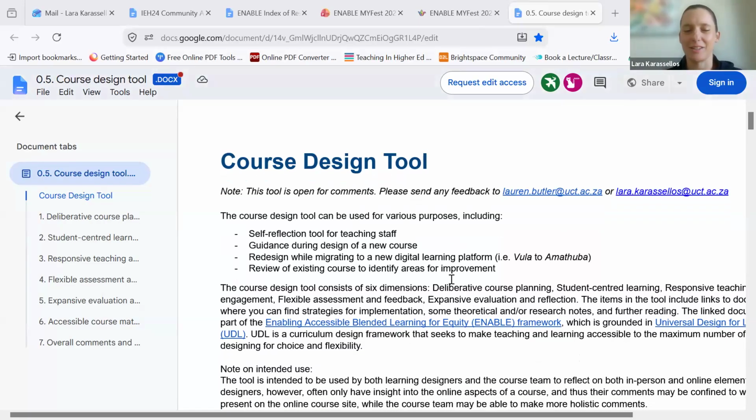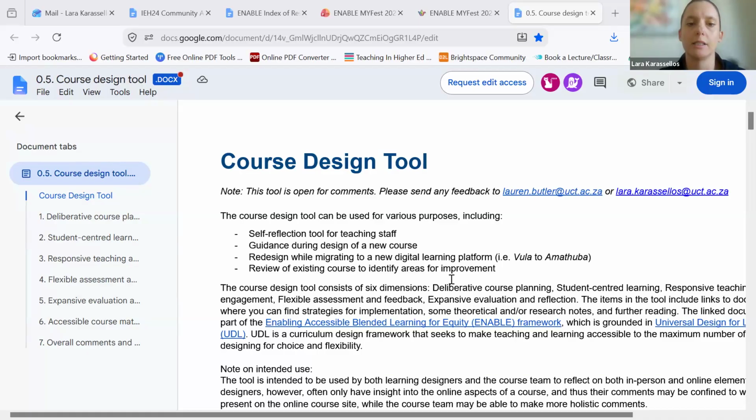Okay, but this is the course design tool that I posted a link to in the chat. It's something that we developed. So Lauren described the Enable framework and all the different components, and obviously there are a lot of resources related to each component. And then we also wanted a more practical, hands-on way to bring those elements to life and for people to reflect and consider those aspects in their environments, whether it's you teaching a course or you facilitating some kind of group engagement, or even if it's just an interest in terms